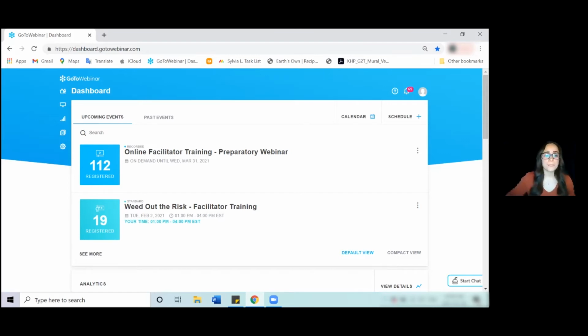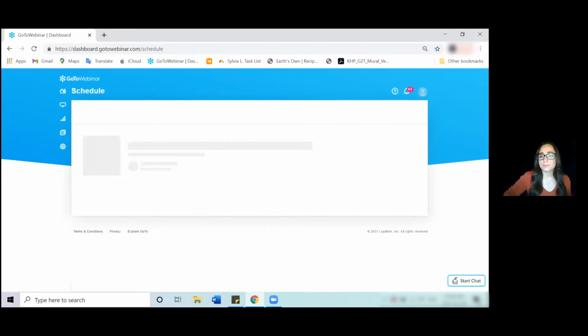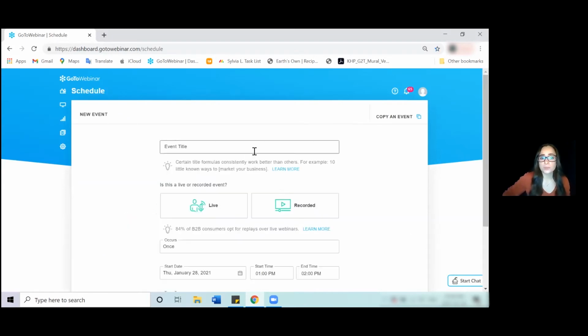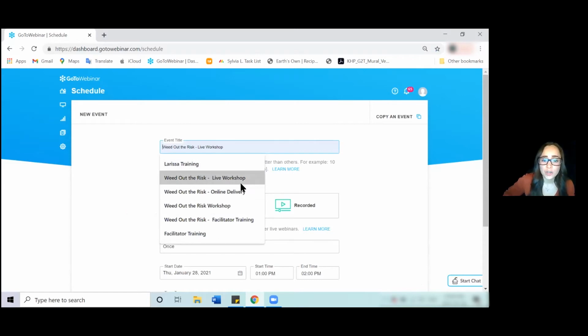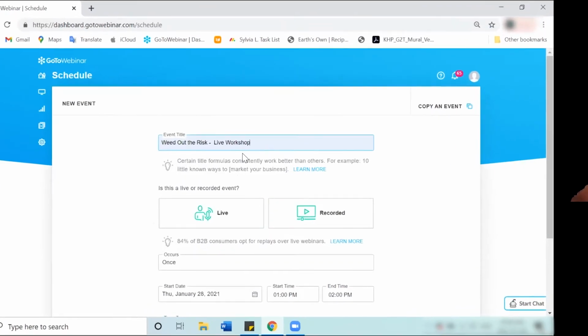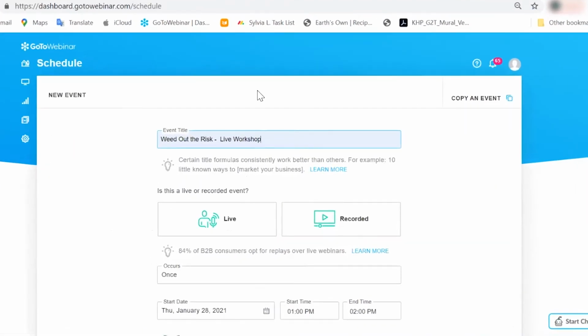So the first step is scheduling your session. So pretty easy to do. It's all very straightforward. We're going to do a little mock one here. So let's say, for example, Weed Out the Risk live workshop. We want to make that title engaging. Sometimes I put anti-crash course for Canadians. However you want to word it, but in a way that's going to be descriptive. It's going to be live,